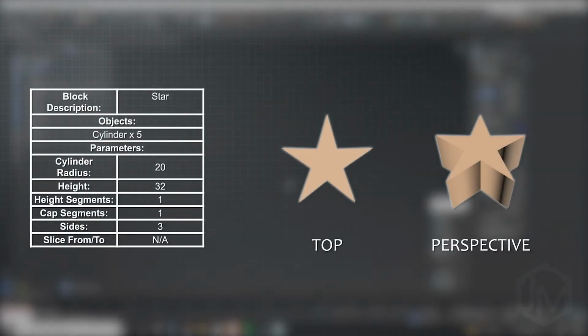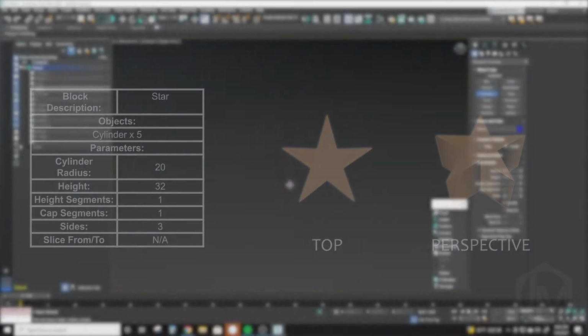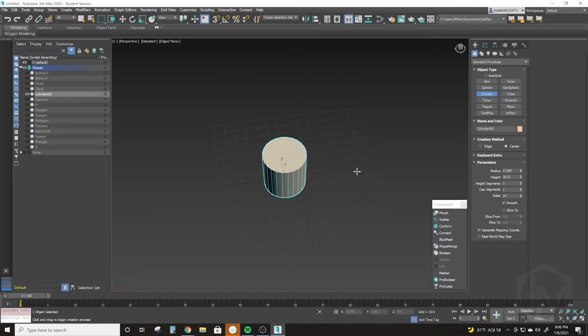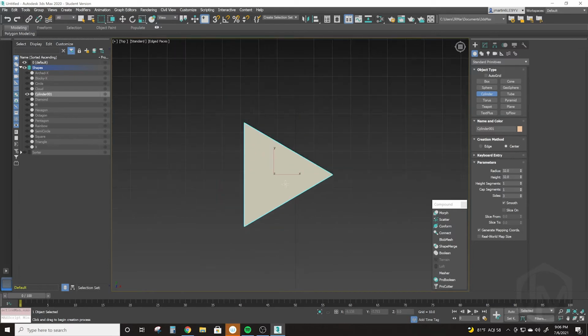Our next shape block will be a 5-point star. We'll start with a cylinder with a radius of 32 units, height of 32 units, height segments and cap segments at 1, and we'll reduce the number of sides to 3 to make a triangular shape. Next, we'll scale the object down about 50% along one